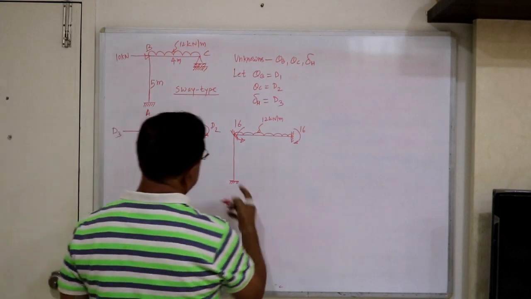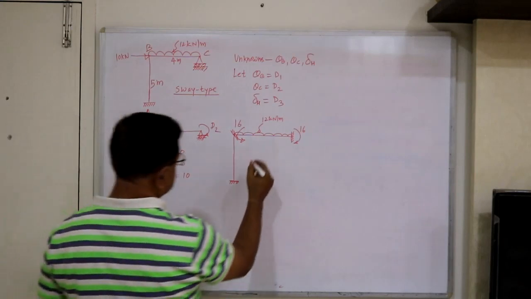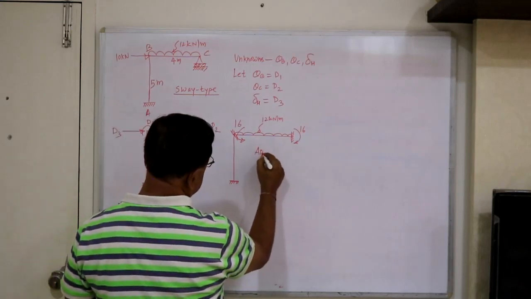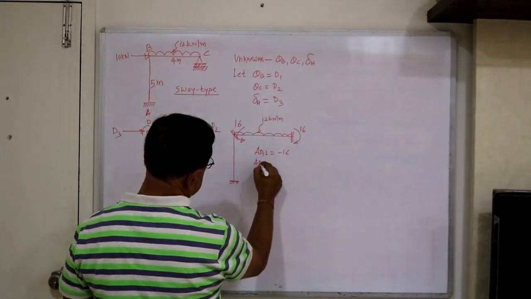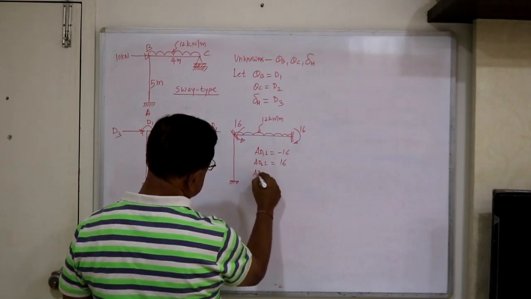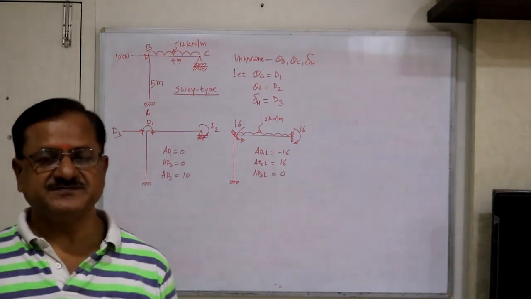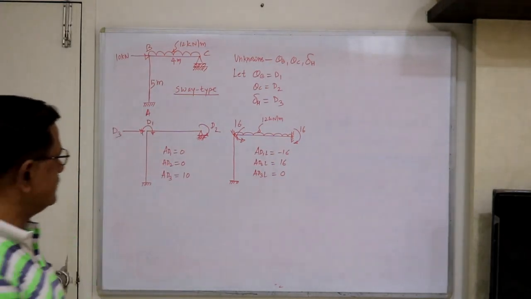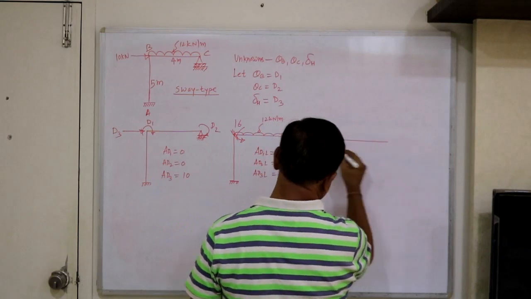Now here the fixed end moments are WL square by 12. So now let's find AD1L equal to minus 16, AD2L equal to plus 16, and AD3L equal to 0. There is no horizontal reaction for the vertical column. Now in the next case, let's apply